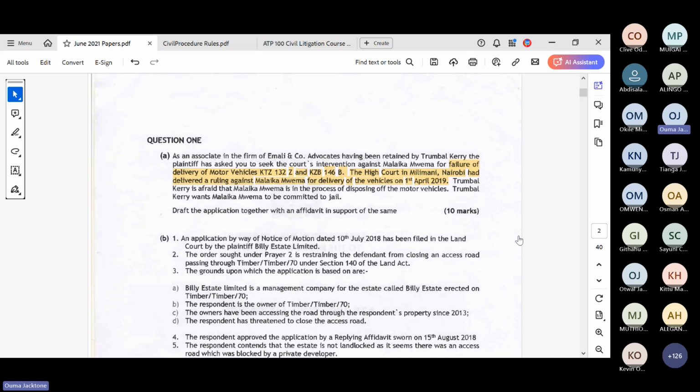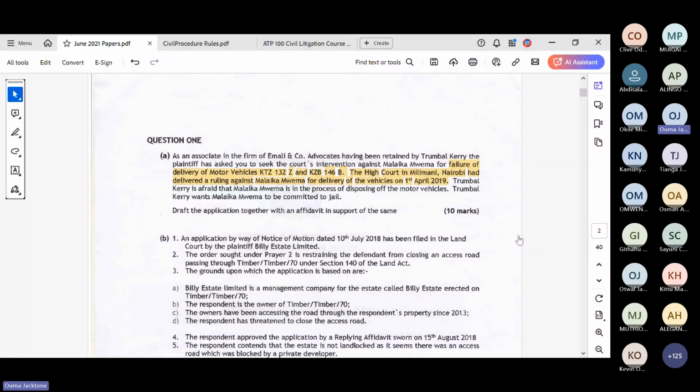So it is okay not to know right now. But like I've said, before you draft anything, know what you're drafting. If it is about striking out of pleadings, don't draft it fast. Go and read about striking out of pleadings. What is it? Why do we apply for it? When do we apply for it? What are the grounds?